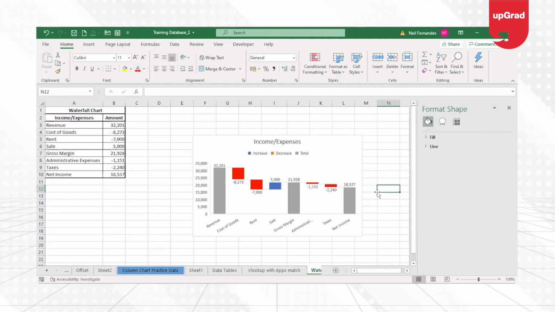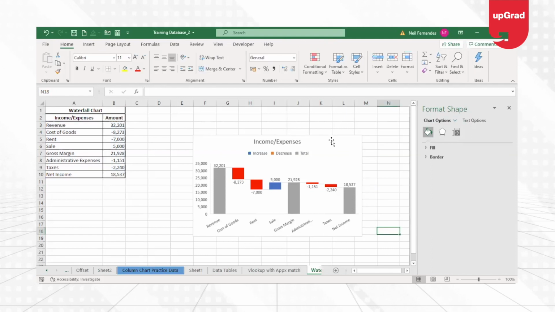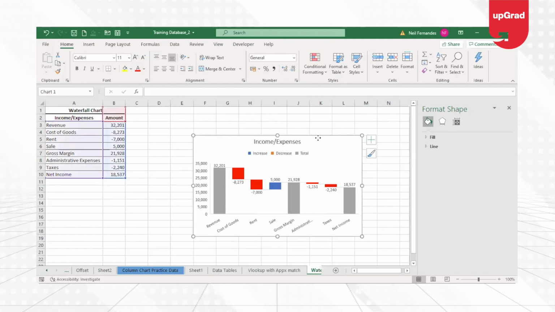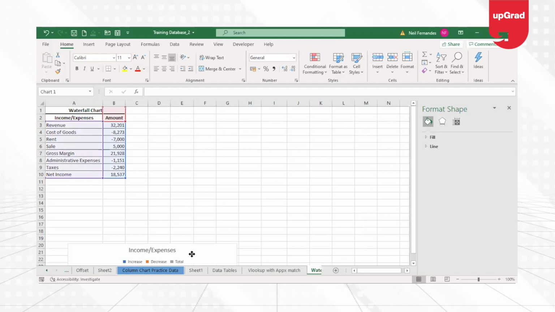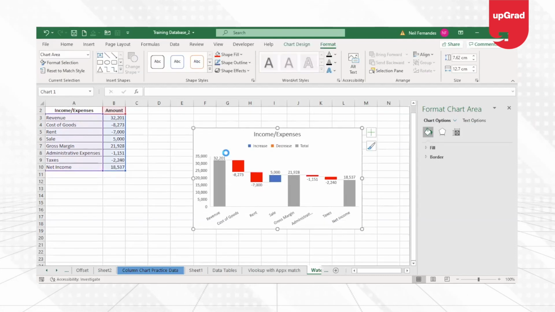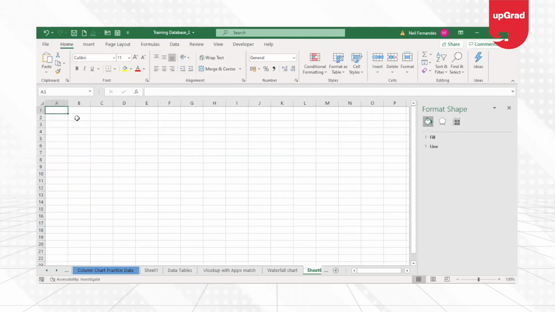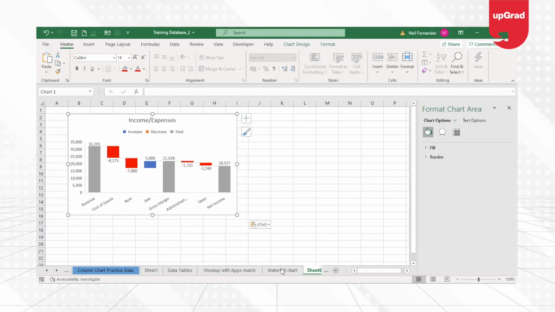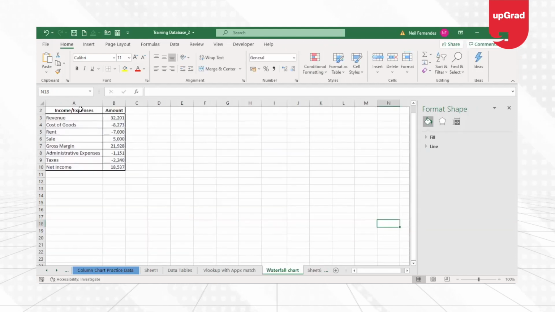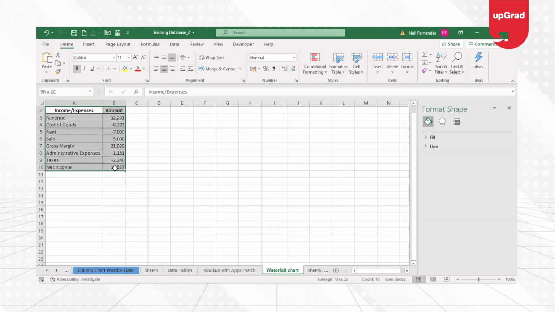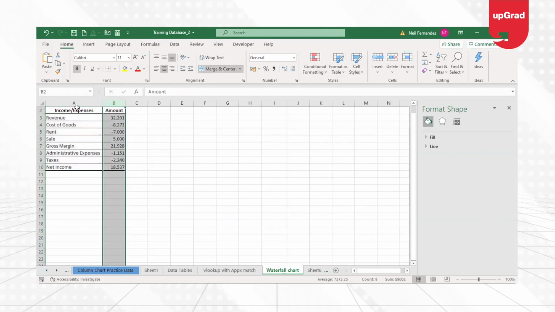However, if you want to create the same chart in the previous versions of Excel, which is 2013 or the previous one, then it becomes a little challenging because we don't have that chart with us. So then what do we do? Then we will have to create separate calculation. I'm going to cut this chart and paste it in another sheet so it doesn't disturb us here. Now I'll go back to the sheet and let's create a calculation where I'm able to use this data to create my waterfall chart.